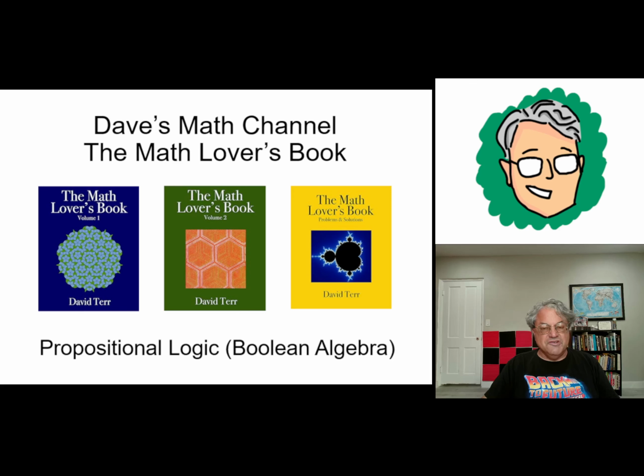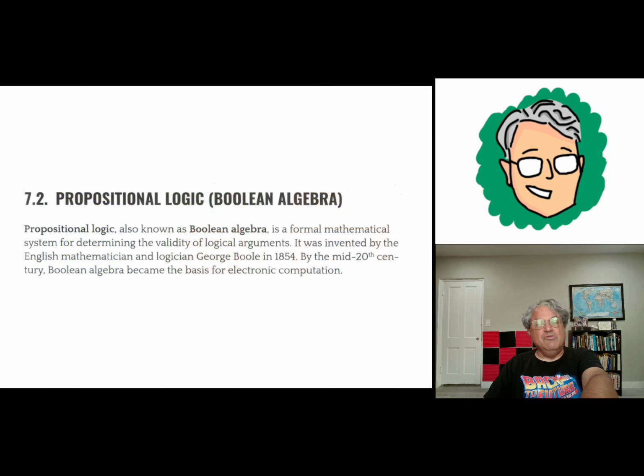And the pioneer was a very famous logician named George Boole. You're probably familiar with him. He was responsible for Boolean algebra, which is just another name for what's called propositional logic. Sometimes people call it classical logic. But anyway, let's begin. And this is just going to be an overview. This is going to be a pretty brief video today, but I'm just going to give you a very brief overview of propositional logic, also known as Boolean algebra, and what it's about.